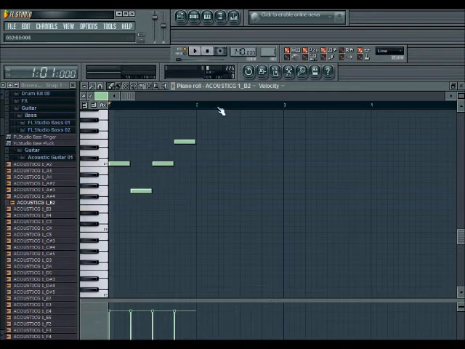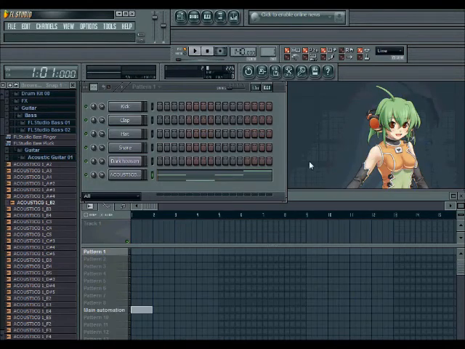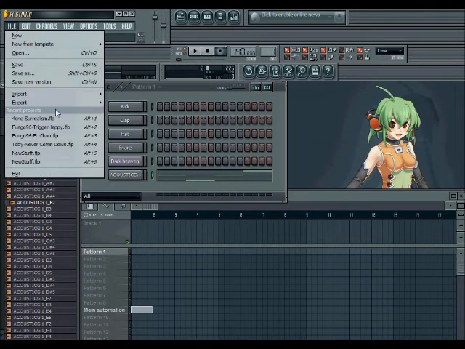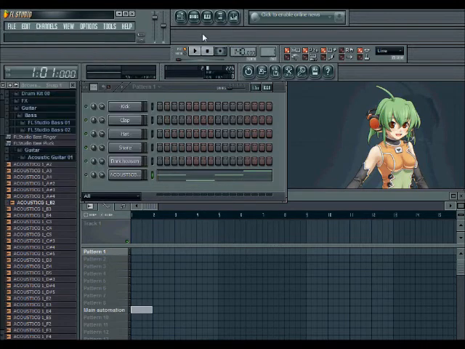There we go. Alright, so we got a nice little beat going on there. When we exit out, you'll notice that we have this nice little bar here that shows what we have so far. Basically, there are two ways that we can export, because now we have a little song. We kind of have a little beat going. There we go. So, we can basically export it now, or what we can do is we can go ahead,